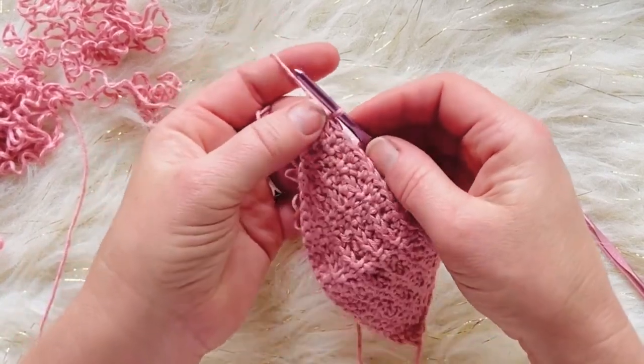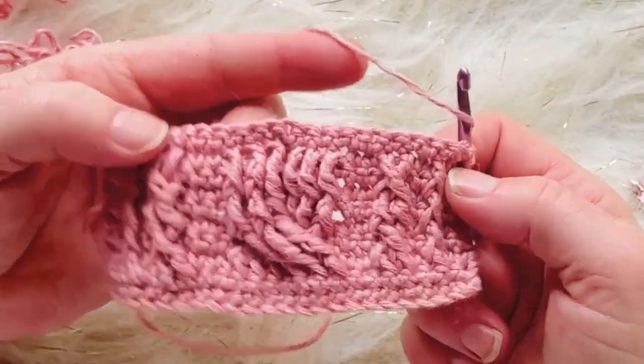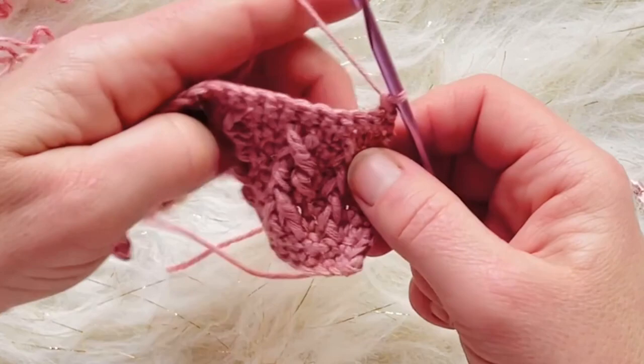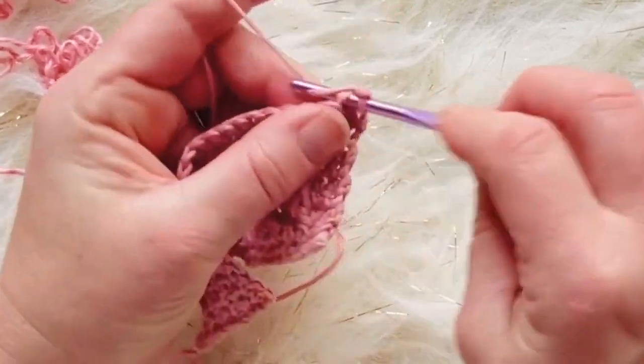So at the end of each row, you're going to chain 1. To start our next row, which we're going to do row 11, I'm going to do a sample so you can see all of the cables and how to do cables. Single crochet in the first stitch. I'm going to single crochet in the second stitch,